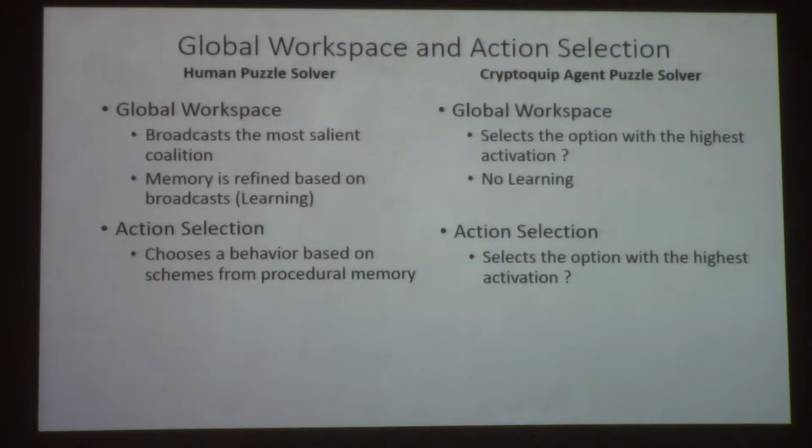Would we have to have the concept of schemes and behaviors in procedural memory if the contents of consciousness are? I think you can make it pretty simple, at least for the first pass. And then the action execution can specify how the agent actually carries it out. If it says, I want to set A equal to M and update the puzzle, that's my action selected. Then the action execution can figure out how to actually change the environment so that it has appropriately modified visual input on the next cycle.